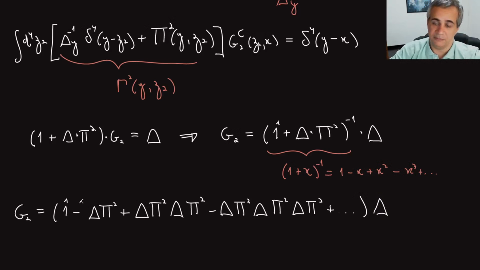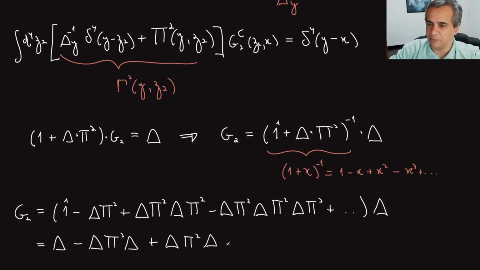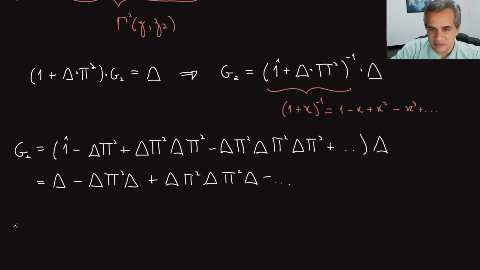So in first approximation, remember these guys have powers of lambda. If I take lambda to 0, in a lambda phi 4, but in general, if I take the interaction to 0, all this goes away, and then the two propagators are the same. But this series now is looking like delta minus delta pi 2 delta plus delta pi 2 delta pi 2 delta, and so it goes, which in diagrams is saying that,